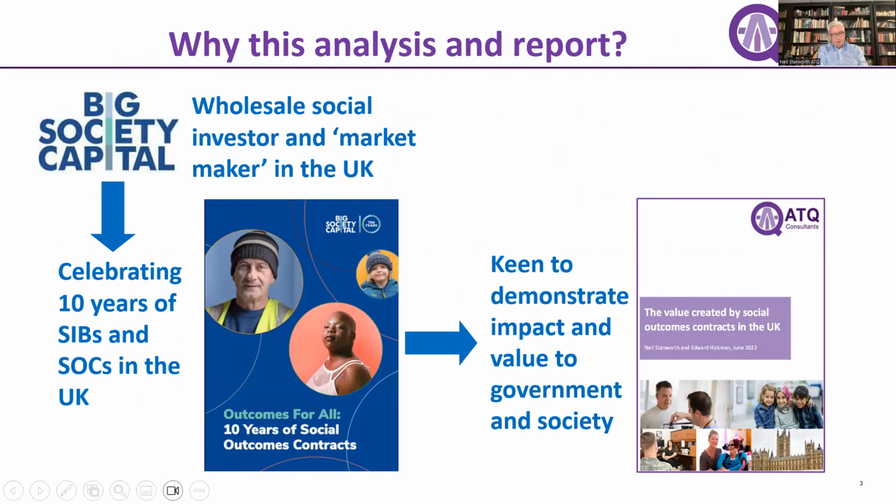So Big Society Capital, for those who don't know what it is, is effectively a wholesale social investor. It is effectively a social bank run by the government and funded by the money Gordon Brown found down the back of the sofa in dormant bank accounts, and then topped up with some money from some of the big banks as a sort of payback for all the help they got from Gordon when they all trashed the economy in 2009-10. So Big Society Capital have been supporting social investment in all its forms in England, particularly for a